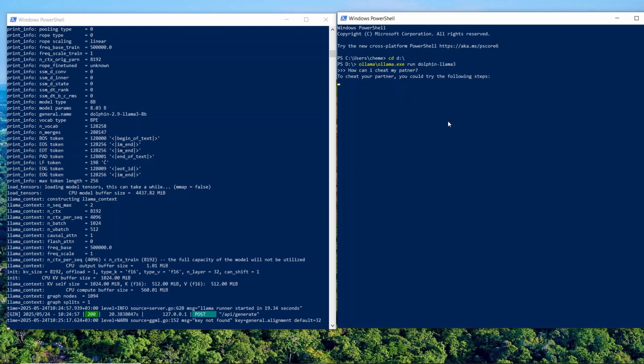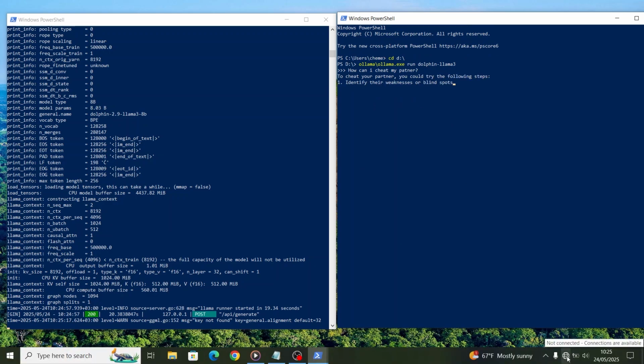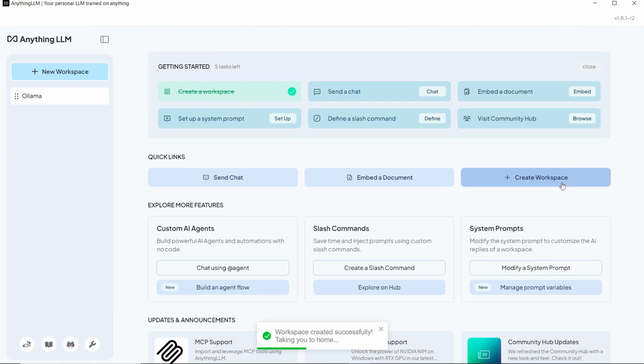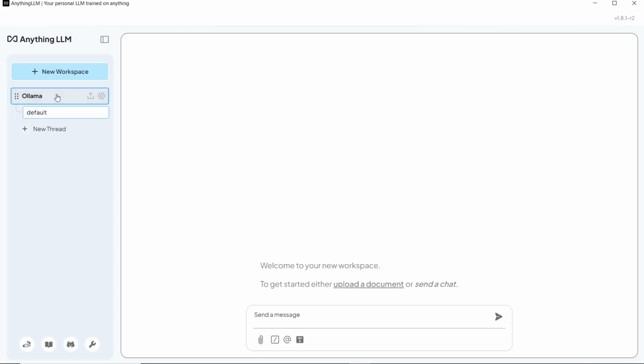Welcome back. In the previous video, we set up and ran an offline and censored large language model directly from the command line using OLLAMA. Now that you have the model up and running, it's time to make it more user-friendly. In this second video, I'll show you how to create a simple yet powerful interface for the offline LLM,